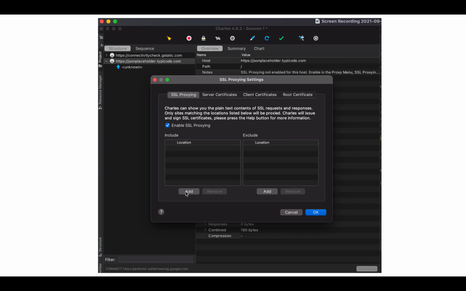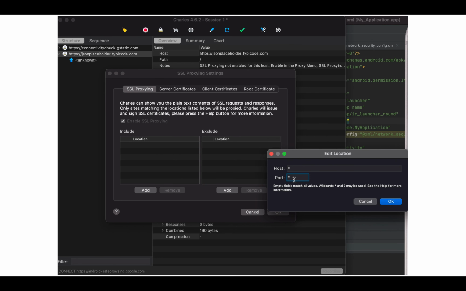Immediately you will get a prompt like this. Click on the add button on the left side, the include section, because we need to include. You'll get a prompt where you need to enter the host and port.